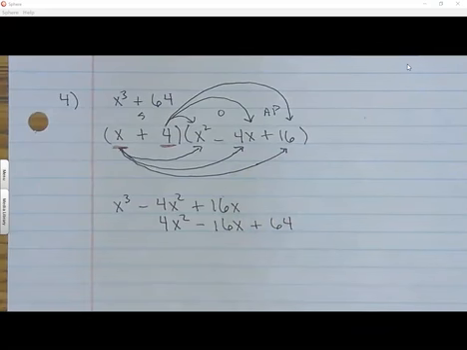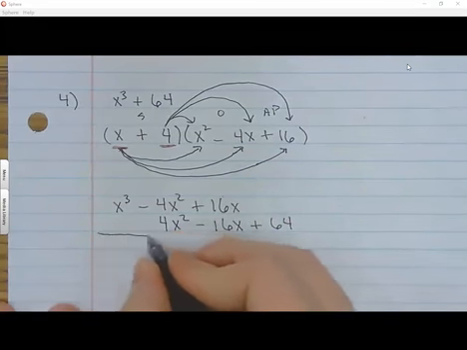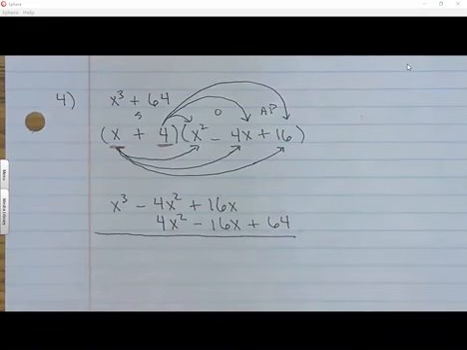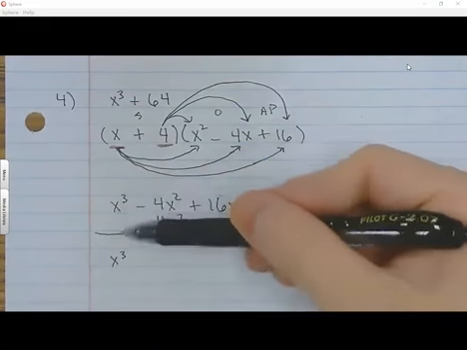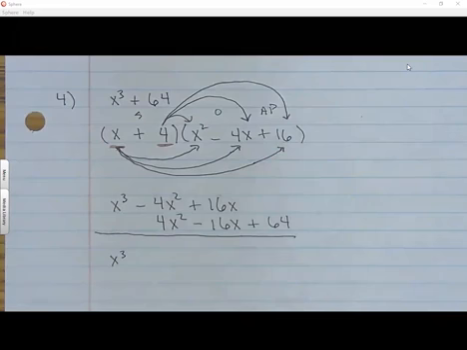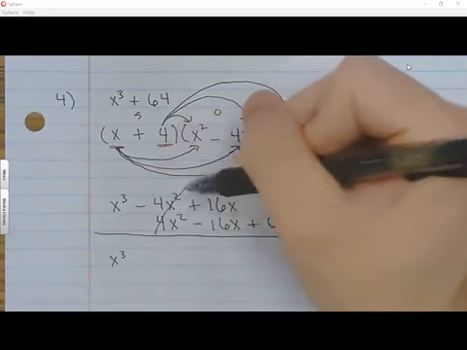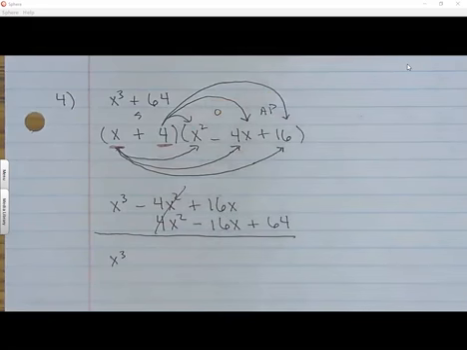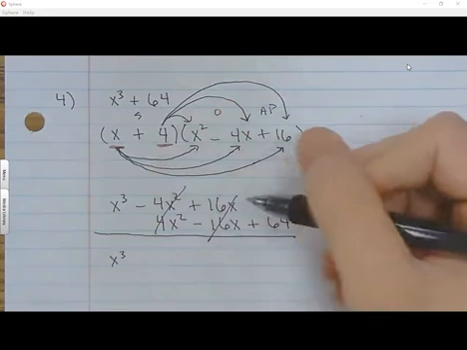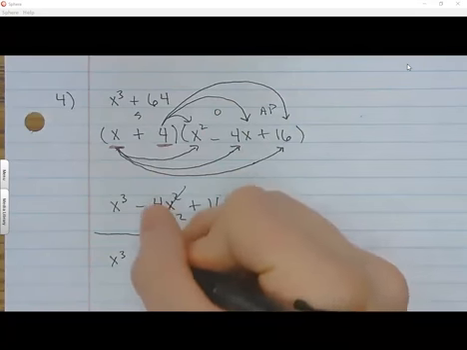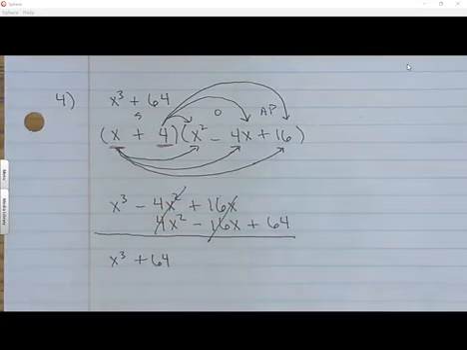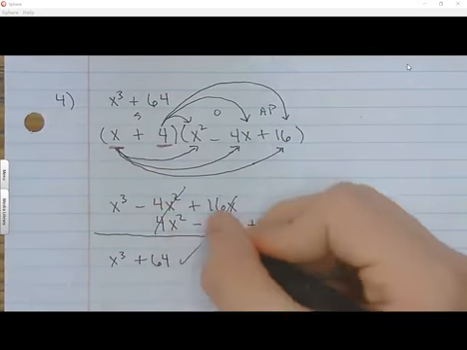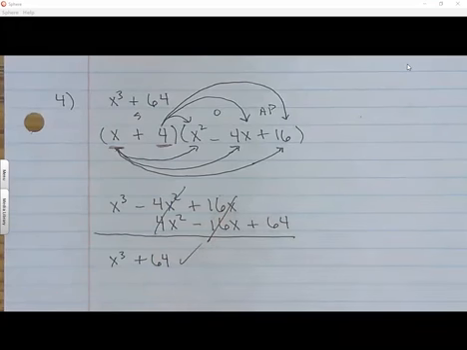And now we just add up. Okay, so the x cubed comes down. There's nothing really to add with it. The 4x squared and the negative 4x squared are going to cancel out. The 16x and the negative 16x are going to cancel out. And the 64 is just going to be brought down, since there's no other number to add to it, right? So I'm done. Problem checked. Now, you don't have to check them in your